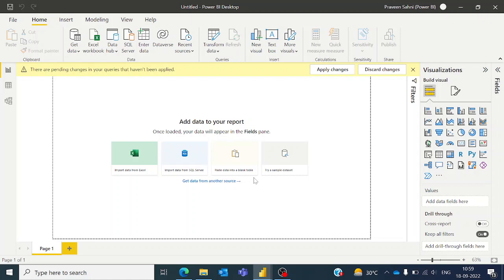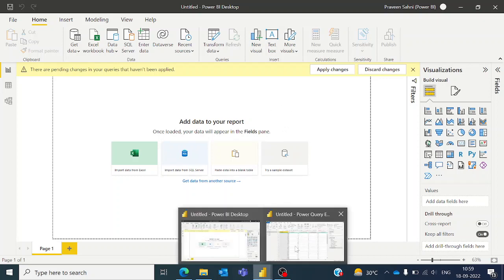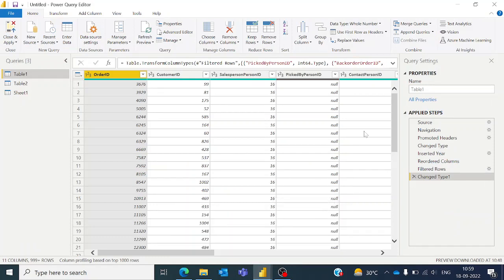Append queries, the difference between the merge and append queries, the benefit of connecting to a folder, and when we connect with a folder, and the different cases of merge and append queries when we will apply. So let's quickly start this video, and I'm going to show you practically how to use merge and append queries